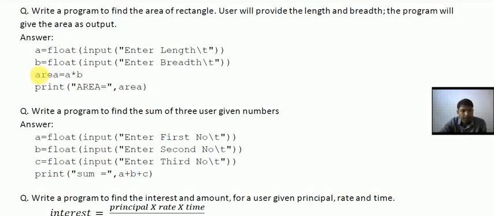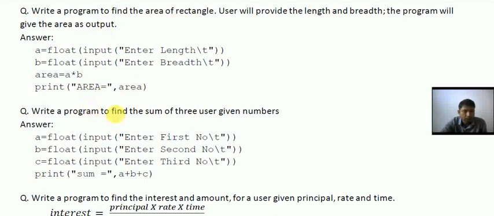Then after that area is equal to a star b, means first area will be calculated, this is also a variable, then is equal to a into b, the value that will be inserted at a and that will be inserted at b. So this will be calculated and then print area, so first it will write area is equal to, then here comma area. Since there are no quotes, the value will be taken by the compiler, that is this area value will be printed here. So this is the code to find the area of a rectangle.